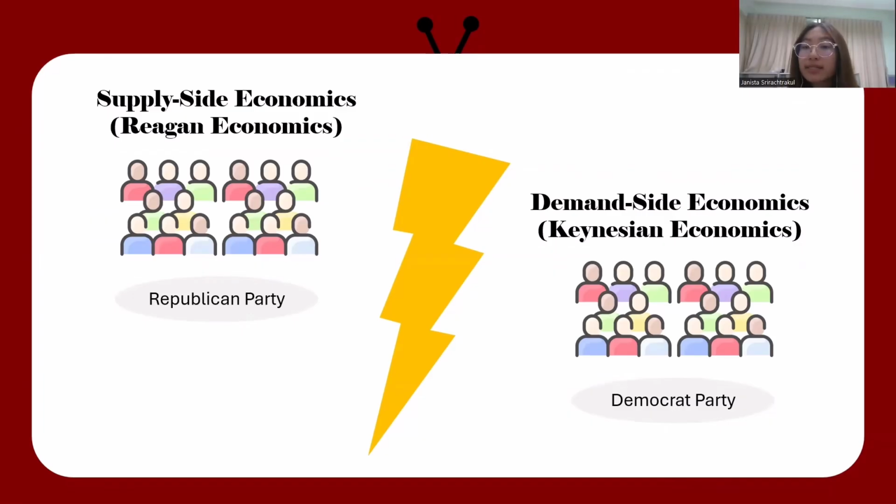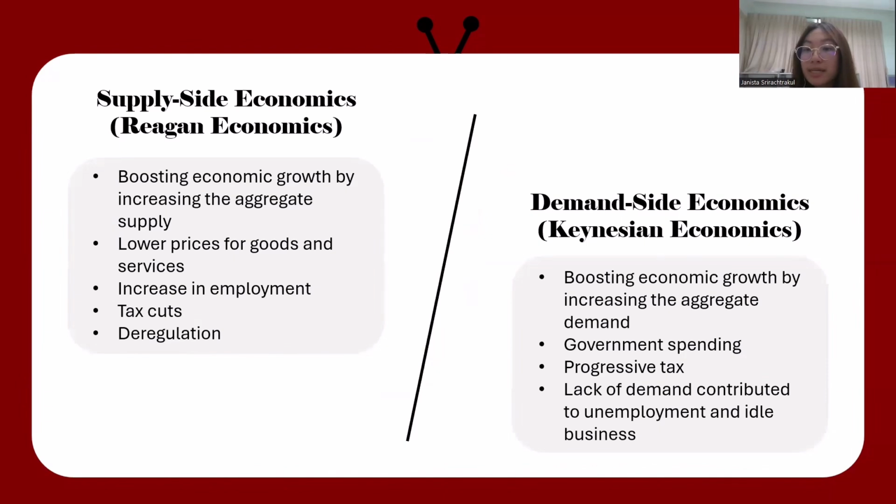In the United States, there are mainly two big groups of people. The Republican Party follows the principle of supply-side economics, whereas the Democratic Party follows the principle of demand-side economics. Therefore, I did research about these two economic strategies and their differences. Supply-side economics and demand-side economics are two distinct approaches to managing economic policy, each with its own theoretical foundations and